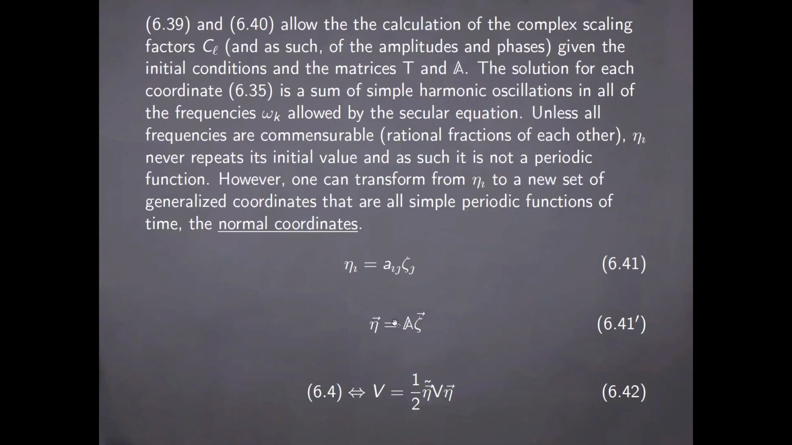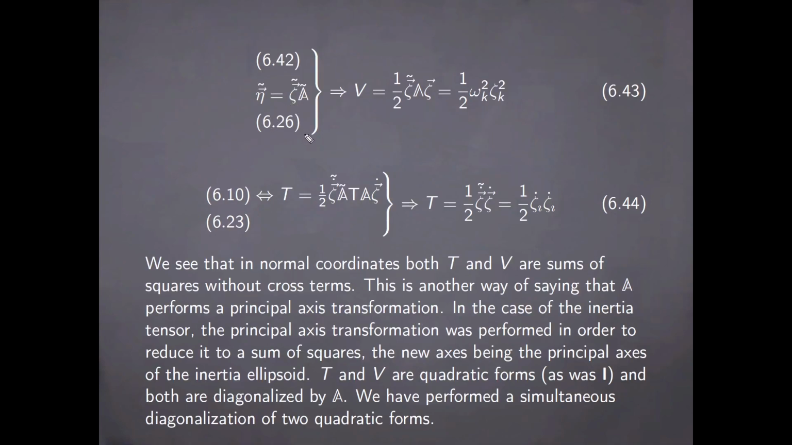6.42, together with the adjoint of this equation and the congruence transformation of V, we obtain that the potential energy is just the quadratic form shown here, where we have an implicit sum over the k index. Similarly, if we use result 6.10, we can write the kinetic energy as this kind of contraction, and using its own congruence transformation, we can obtain the kinetic energy itself as a quadratic form